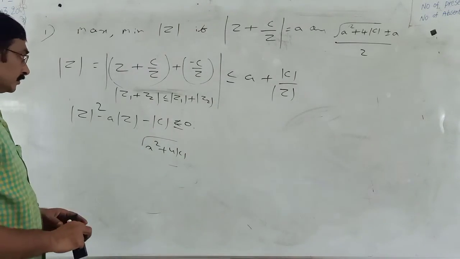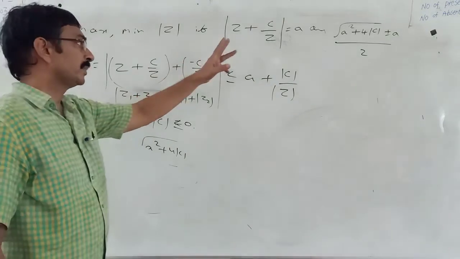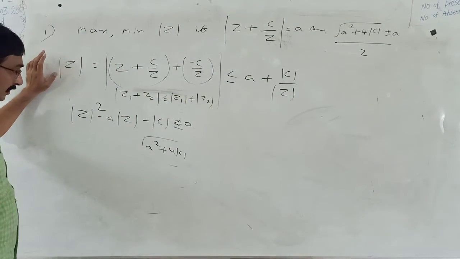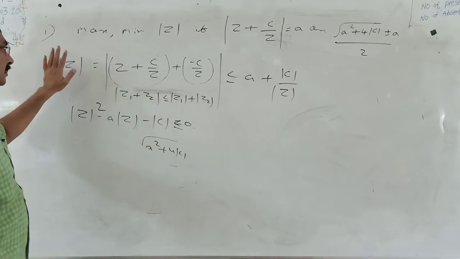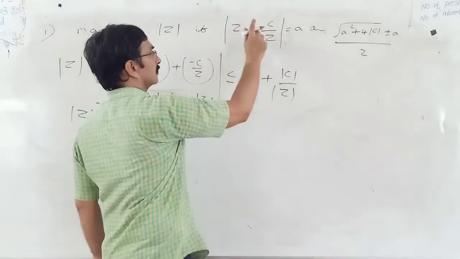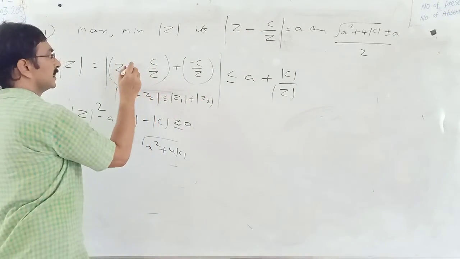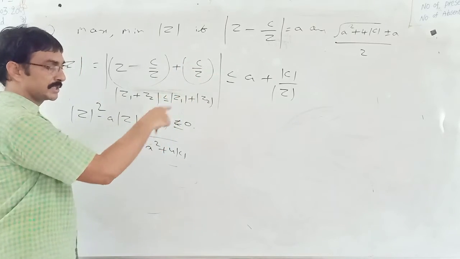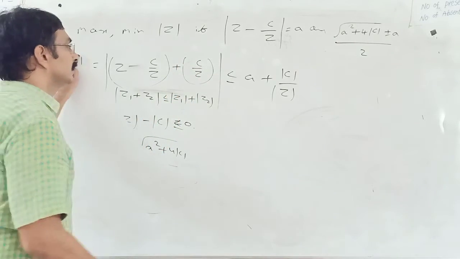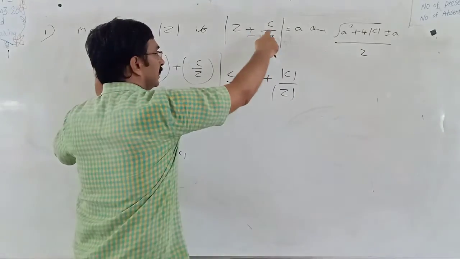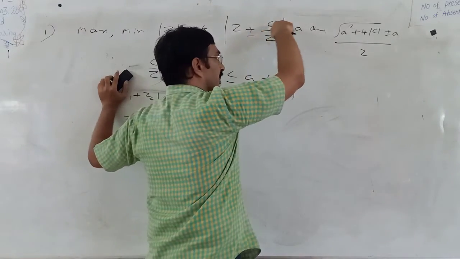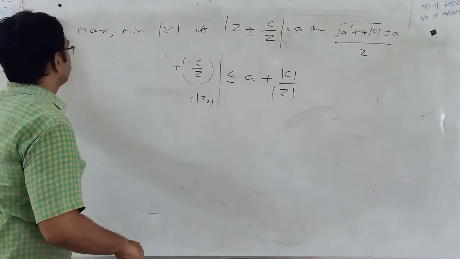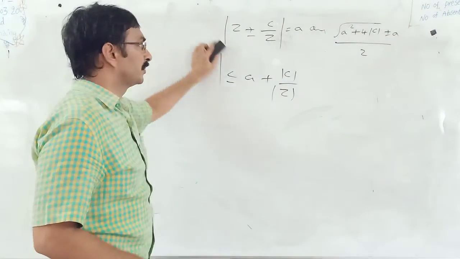So it's your choice whether to memorize the two methods and apply them, otherwise just remember the procedure. Suppose there is a minus case, in that case |z − c/z| or |z + c/z| less than or equal to a, same, no change in the proof. So if there is a plus case or minus case, c is any real number, non-zero or positive, a is any positive real number, then the formula for maximum and minimum values of |z|.